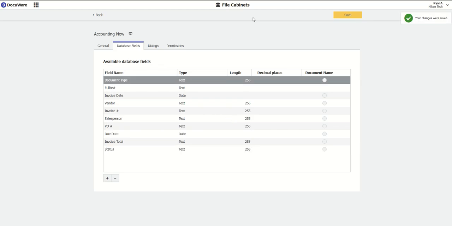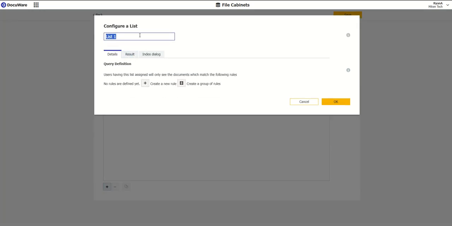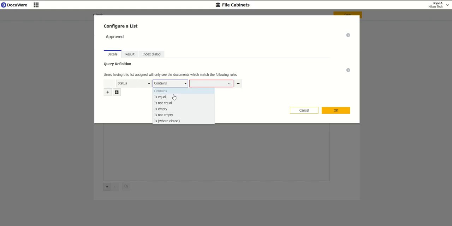So the status, for example, anytime a document comes into the system, I can set the status as new. So we know that this is a new invoice that needs to be approved, rejected, etc. So if I jump back over to dialogs and I go to lists, let's create this approved list now. Call it approved. I jump down here to create my rule. So this is going to be a status, and it's equal to approved. So this is telling DocuWare anytime an invoice or document in this cabinet here has a status of approved,